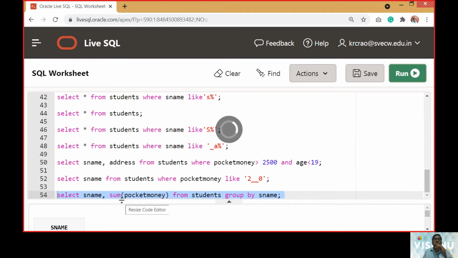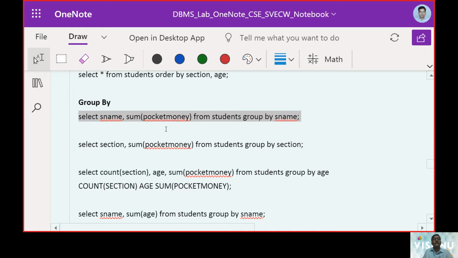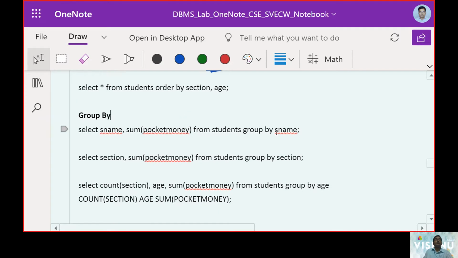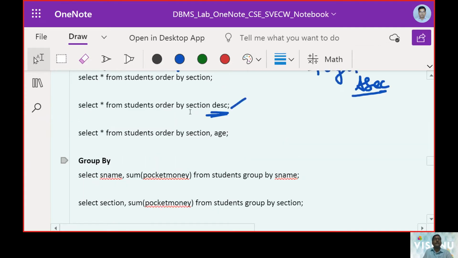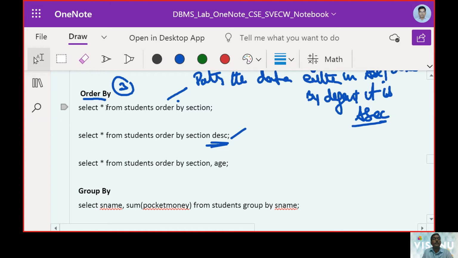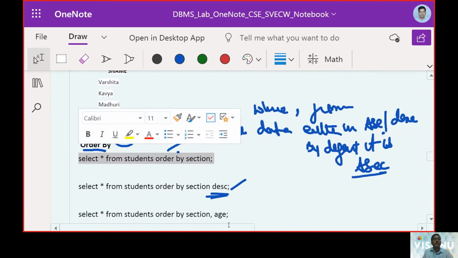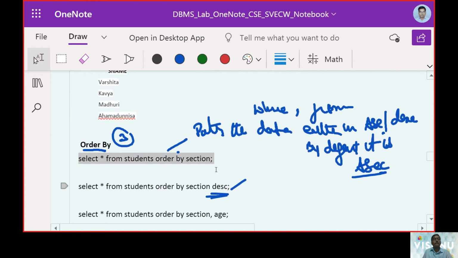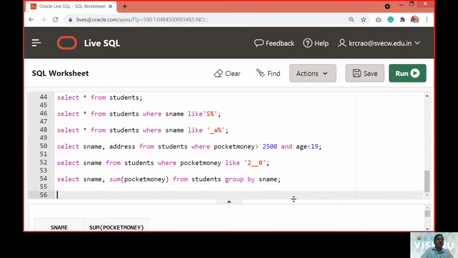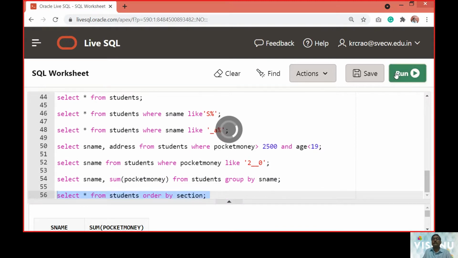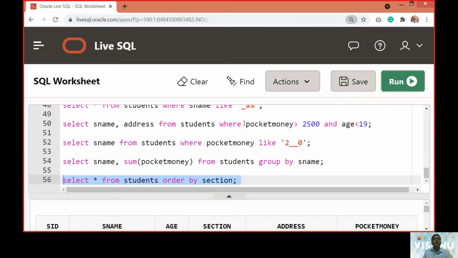The SQL is now working with an aggregate operation, and that aggregate operation I didn't mention. Excuse me, okay, I have to put this order by command. So let us execute this first, order by section, then we can start with the group by command.